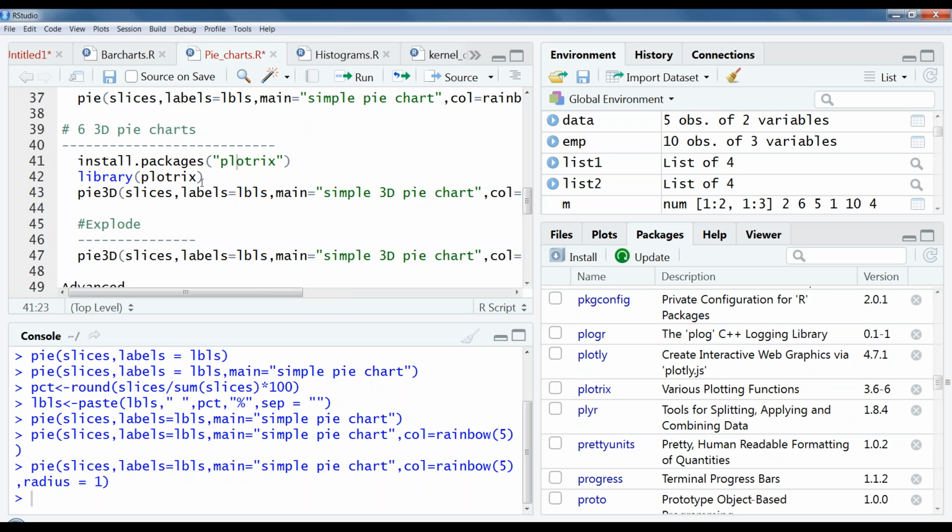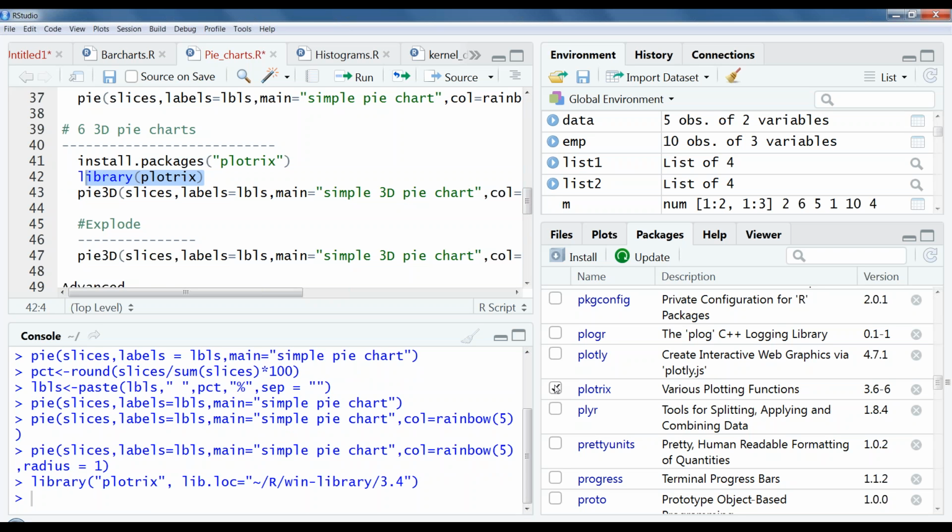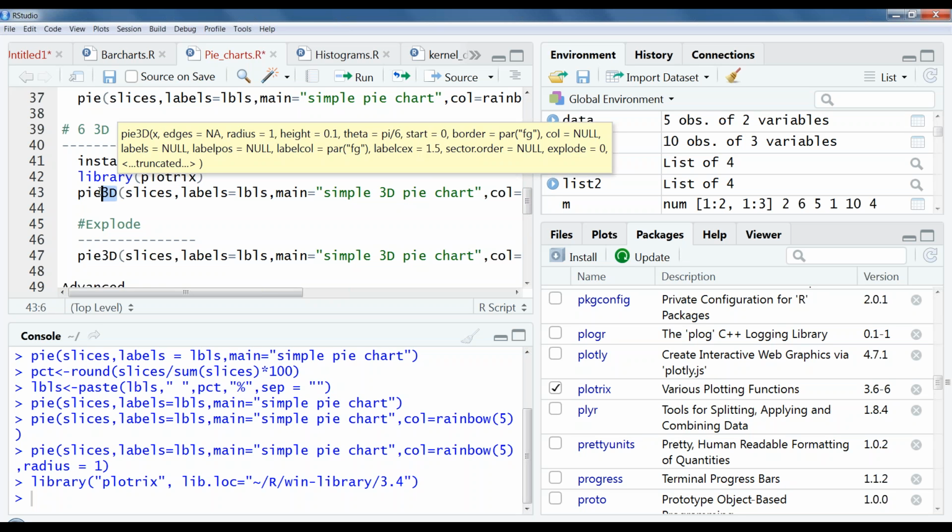Either I can run library(plotrix), or I can directly tick this box, which internally runs the same library(plotrix). Both work the same. So now I have plotrix in my current session, and pie3D will work.